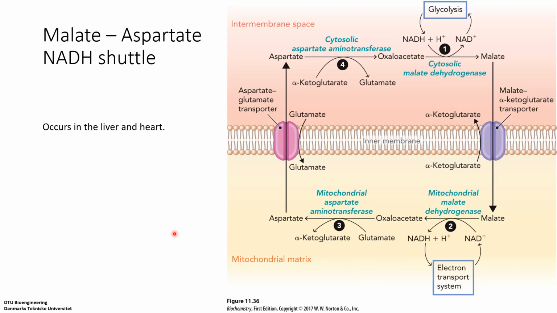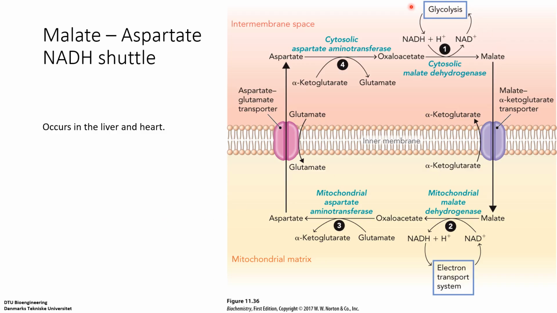Another shuttle that is also well described for NAD, but not so much used, is this malate aspartate oxaloacetate shuttle. This occurs in the liver and in the heart. And why have mammalian organisms come up with a secondary way to cycle the NADH-NAD? Well, of course, the liver and the heart are high energy requiring organs in our body, and thus, if we could come up with a way that, instead of what we just saw, where you lose 1 ATP per NADH,